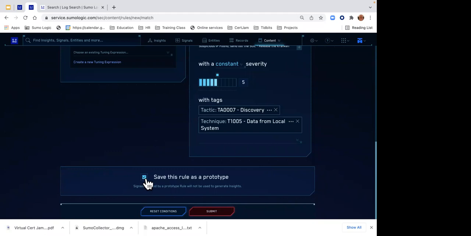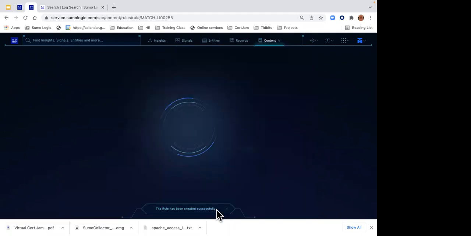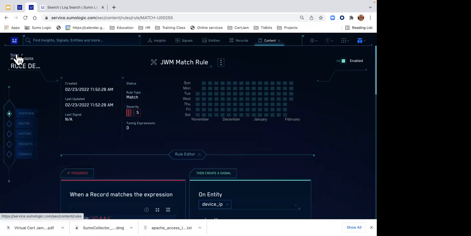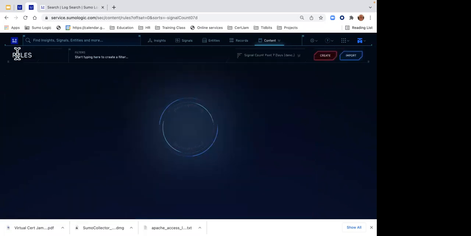Okay. So, and then I get to click submit, and lo and behold, this rule is now going to be added. Now, if I go back, and this area right here is showing me when this rule has been hit, when it's been found. So if I go back here to my rules, and if I go back in here and I pick a rule,